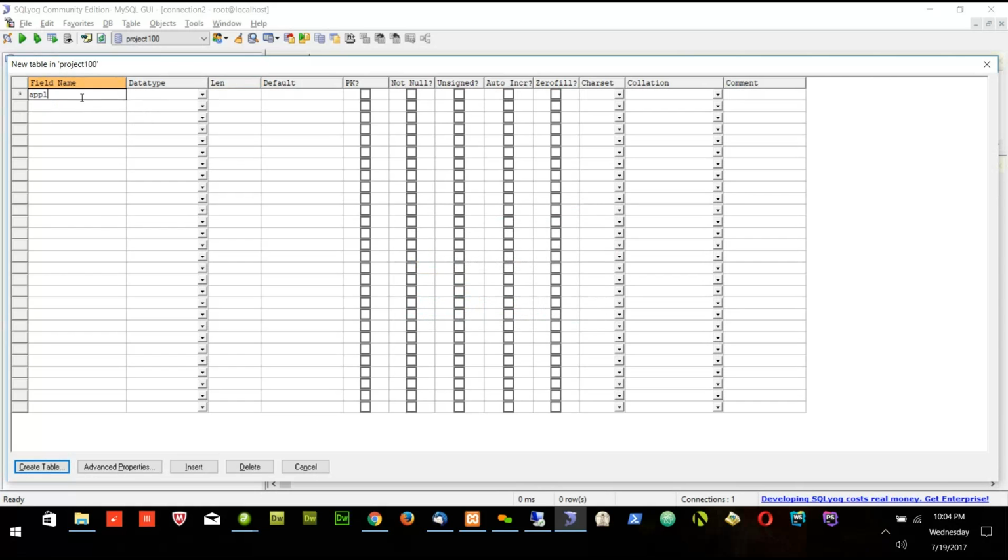So it will be applied ID integer, and for which job we are applying, so we need the job ID. Okay, and who is applying? User ID of the person who is applying for the job. So I can say applied user ID,